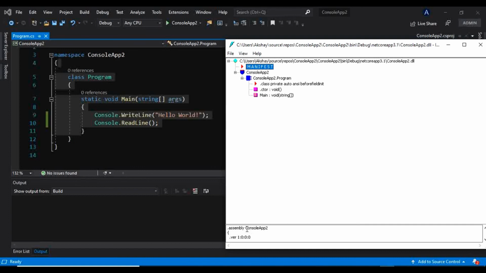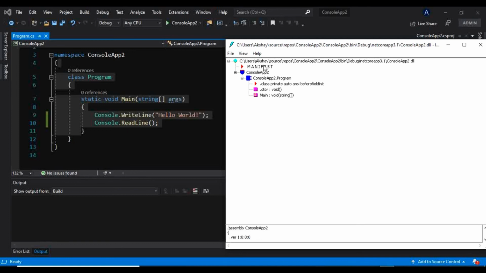So as you can see here, the name of the assembly is ConsoleApp2. The version of the assembly is this. We have not talked about version. What is versioning? It is a very important part, and versioning also helps us solve the DLL issue. We will see that in our upcoming videos, what the DLL issue is and how to solve it. For now, just remember that this assembly contains this name as well as this version,